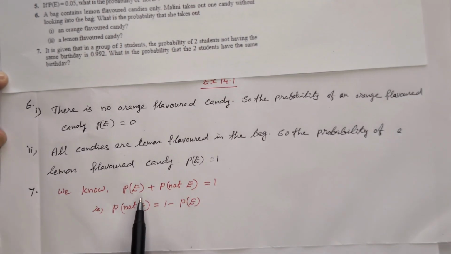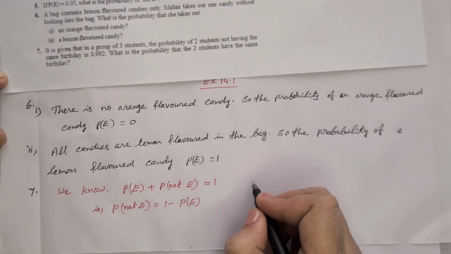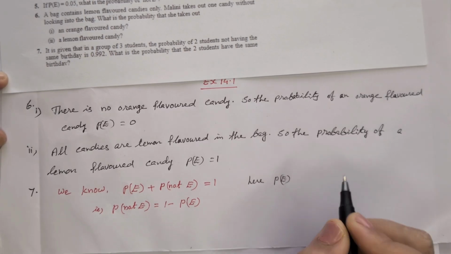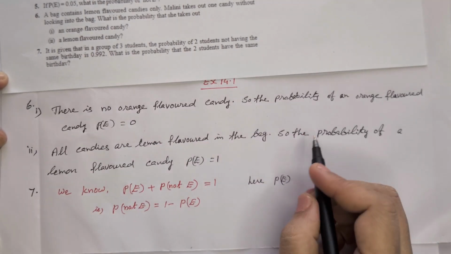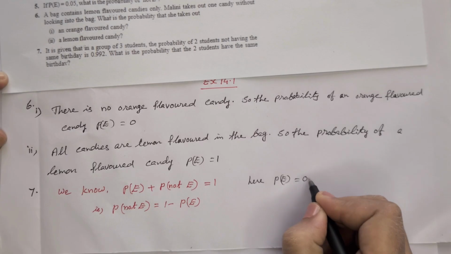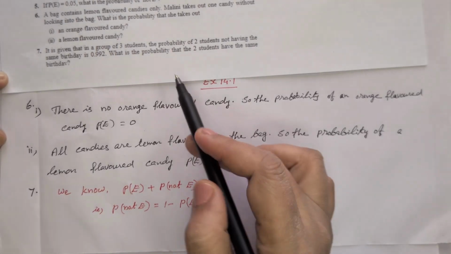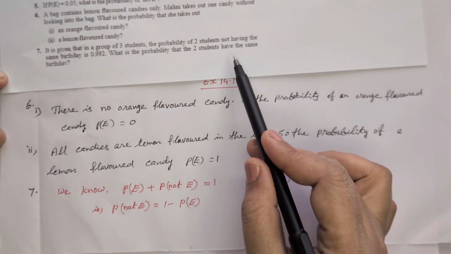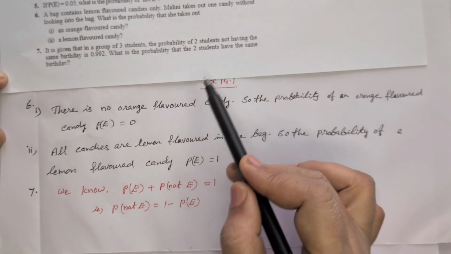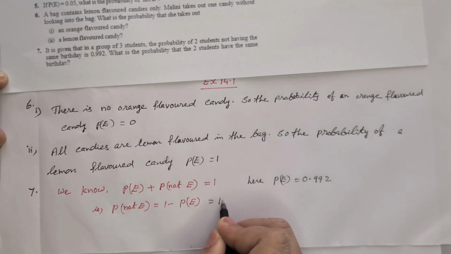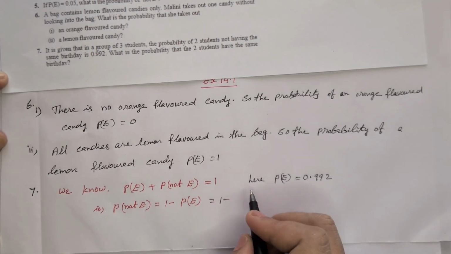So we know that P of E plus P of not E is equal to 1. From that we can write P of not E is equal to 1 minus P of E. Here P of E, the given event's probability, is 0.992. So what is the probability that 2 students have the same birthday? So we have to take 1 minus P of E, that means 1 minus